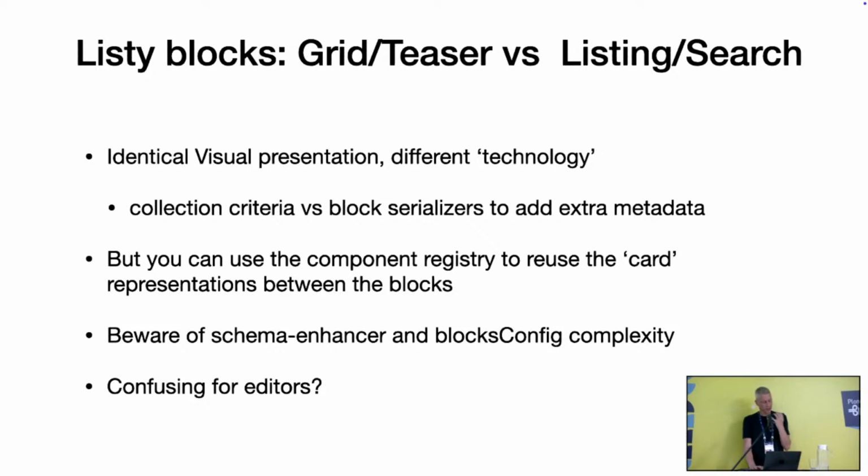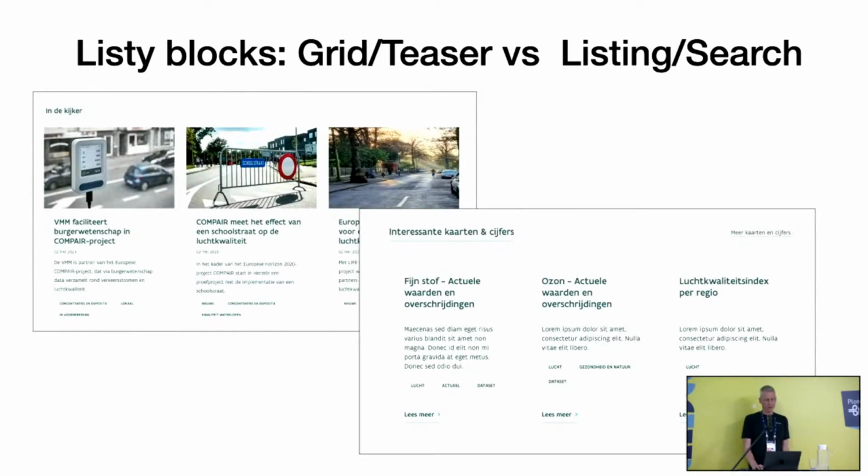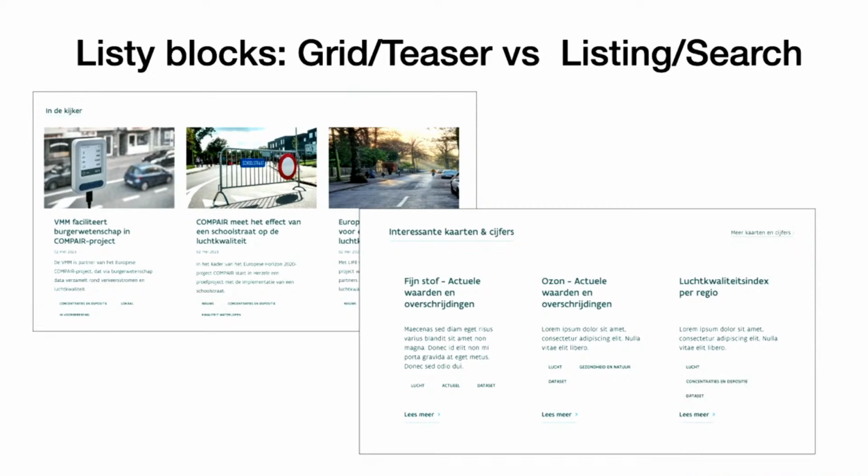And this is like the trickiest thing that we had here, that we have this huge duplication of a visual presentation. On the left, you have a grid teaser. On the right, you have a listing block. They look the same with some variants. I now picked some others to show the difference. Right are showing some facts, left are showing some news items or projects, I think. But you have this whole duplication of, okay, as an editor, I want to pick 3 items and put them here, or I want to do a canned search and I want to show some stuff. But the whole rendering in the end, in the cards, is the same.